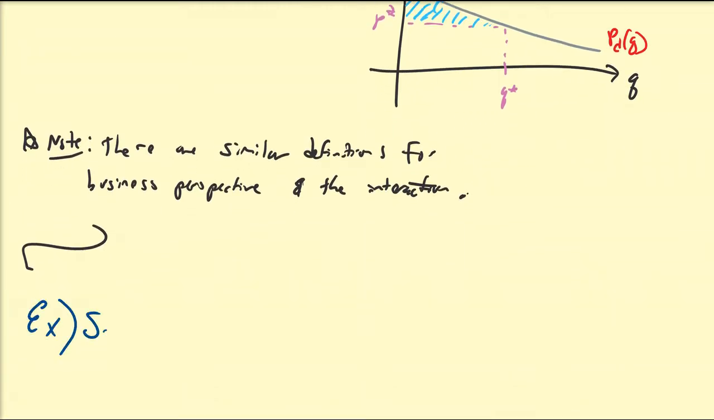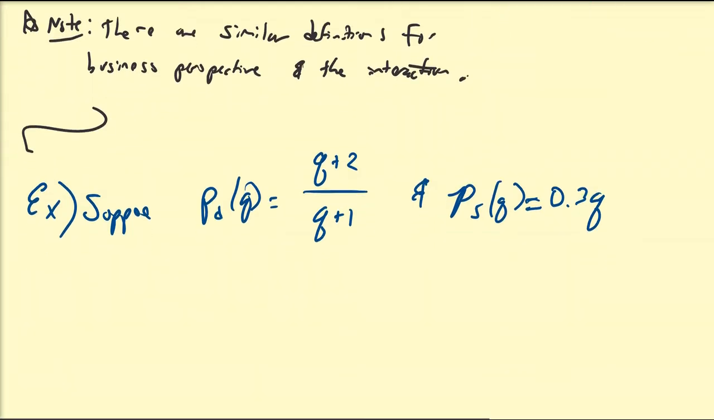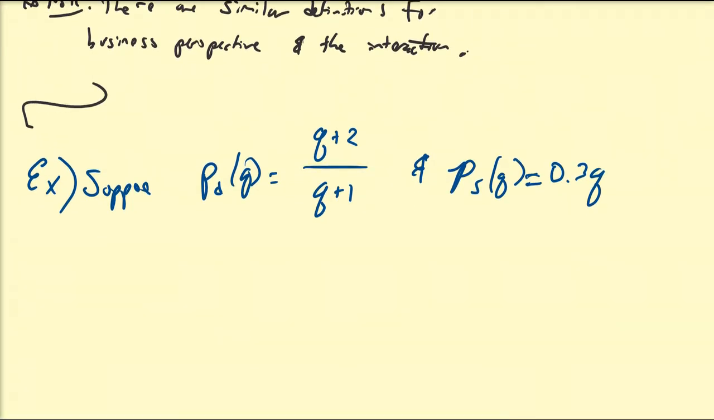Suppose that the demand curve is equal to Q plus 2 divided by Q plus 1, and the supply curve is equal to 0.3 Q. I'm not going to get into the details of how to generate these functions, but let's assume that those are what they are. Now, as always, if you have a rational expression whose degree of the numerator is equal to the degree of the denominator,